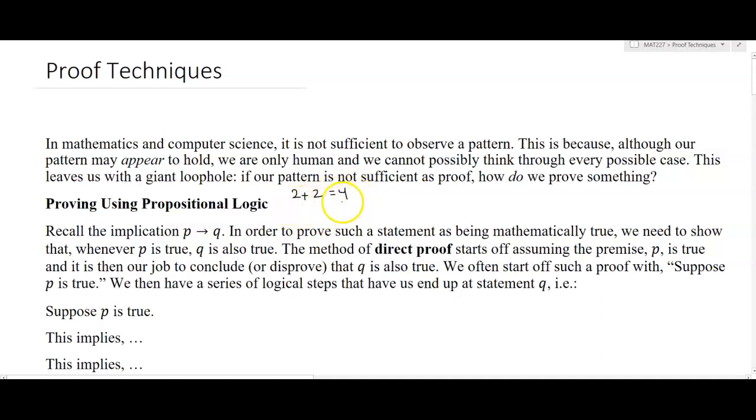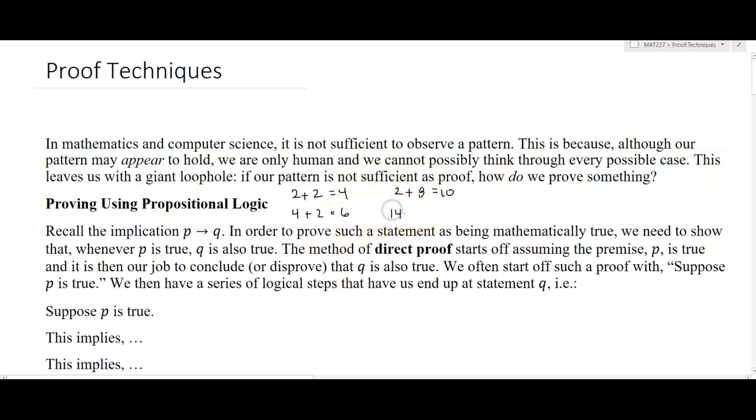So when I do 2 plus 2, I get 4. Oh, look, 4 is even. 4 plus 2, well, that's 6, and that's an even number. If I do 2 plus 8, that's 10. That's also an even number. Well, an even number is any multiple of 2 or any number that you can divide by 2 and end up with another integer. So 10 is 5 times 2, 4 is 2 times 2, 6 is 3 times 2.